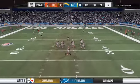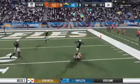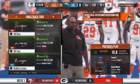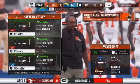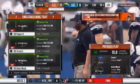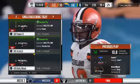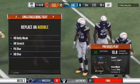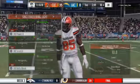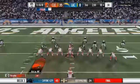They'll come out throwing here to start the drive. Open man right side is Smith-Schuster, complete. A nice pickup of 14, and it moves the stick, sets up a 1st and goal. So the chain gang now done for the drive. Ball on the 10, 1st and goal. All right, now, look at